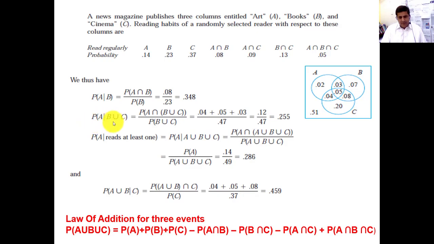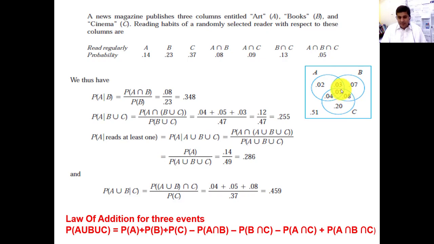Similarly, if they ask you the probability of A given B union C, how will we write the conditional probability of A? Just like we did in this one, probability of A intersection B union C. For the time being, consider B union C as a single element, divided by the probability of the given one. So the given is this one. Now what is common in the union of B and C? B and C is one entity, and what is common of this whole entity with A?